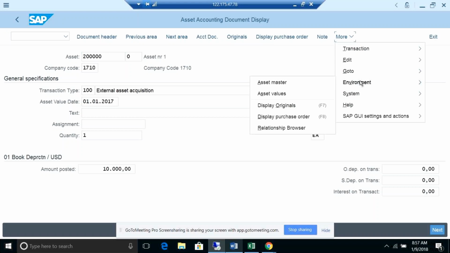Transaction types will be shown to you, but we need not use those transactions. For example, from depreciation areas, earlier we used to restrict those transaction types. We need not use those transaction types, but still they are available. They will be displayed to you, but you need not use them.